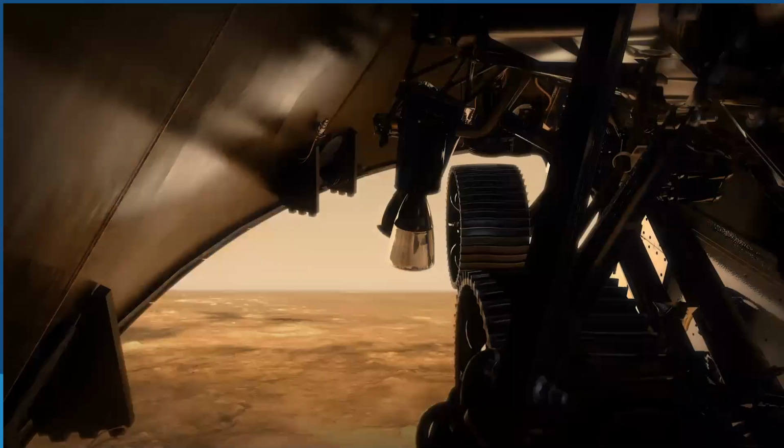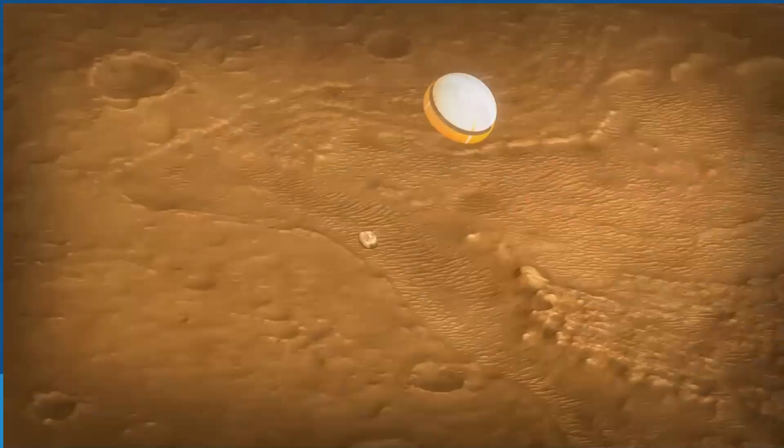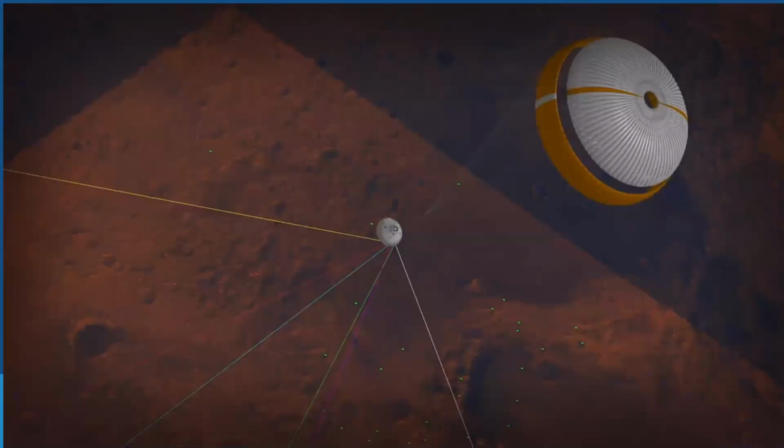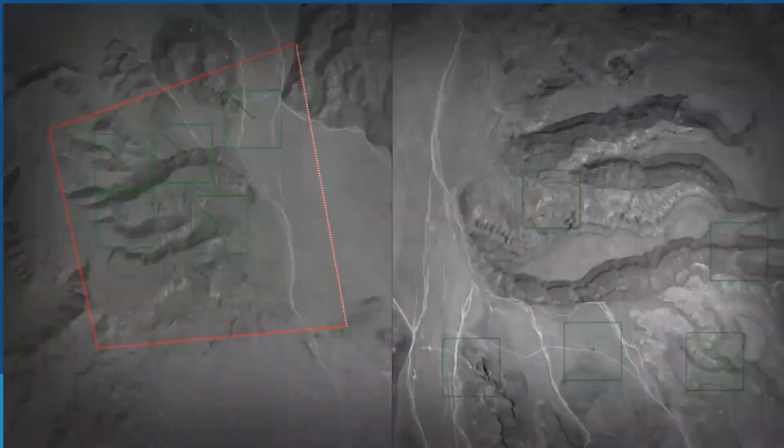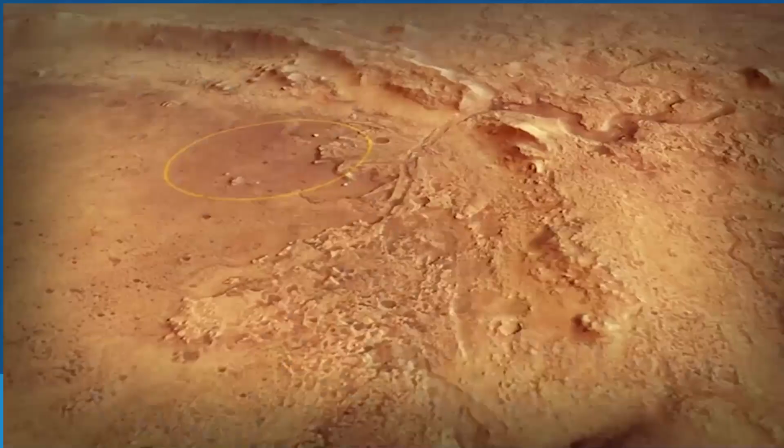The heat shield, which has protected us all the way through entry, is no longer necessary. We need to get that off so that we can actually see the ground. And we can see the ground in a couple different ways. Perseverance will be the first mission to use terrain relative navigation. So while it's descending on the parachute, it will actually be taking images of the surface of Mars and determining where to go based on what it sees.